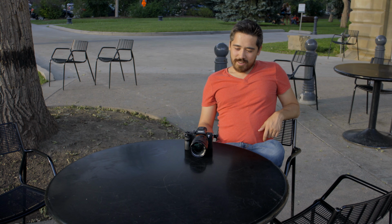For the second part of the video, you guys get to see him shooting in the Super 35mm mode. It's going to be a crop, but you're going to get full sensor readout, and the quality may be different. So keep an eye out for those two transitions, see how it goes. Now, we do have a lot to talk about, and I do want to get right into it, but before we do,